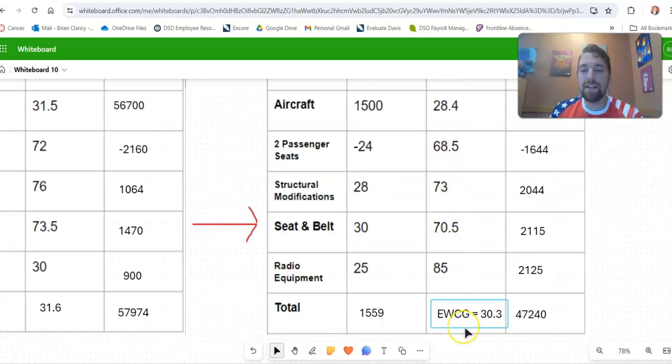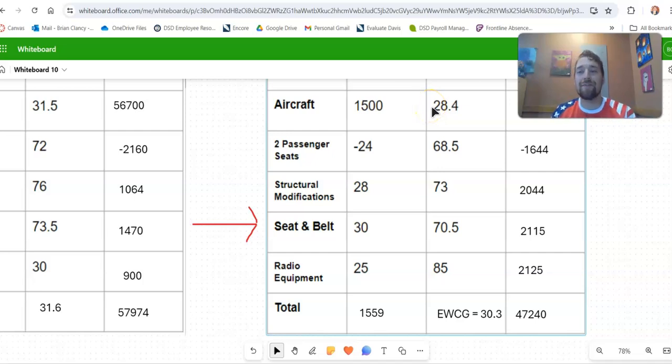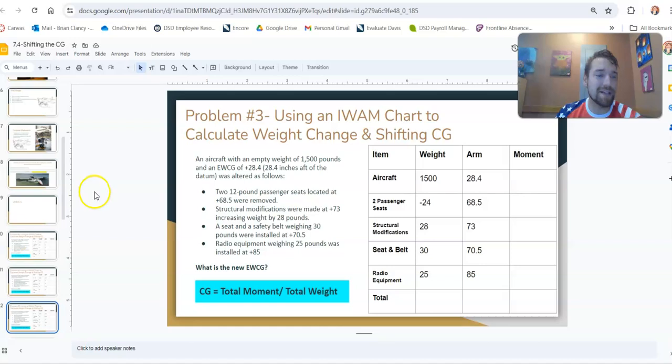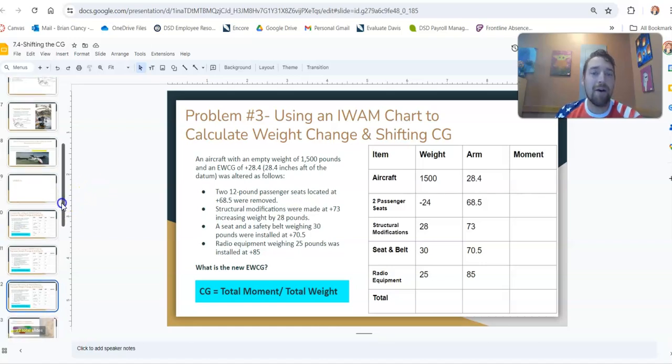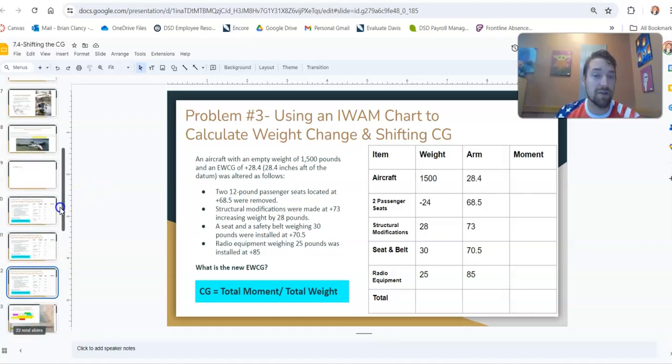Okay, so by making these modifications, your new empty weight center of gravity is now 30.3. Contrast that to the original empty weight center of gravity at 28.4 inches after the datum. What you're going to notice is that by making all of these modifications to the aircraft, that balance point has now shifted back about 2 inches. So again, pretty significant change. So now that we've done that, and we have a basic idea of how weight shifts the center of gravity,